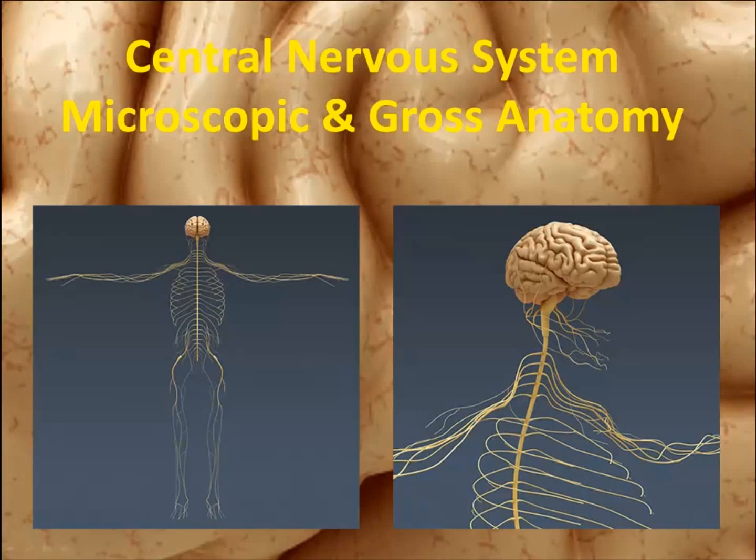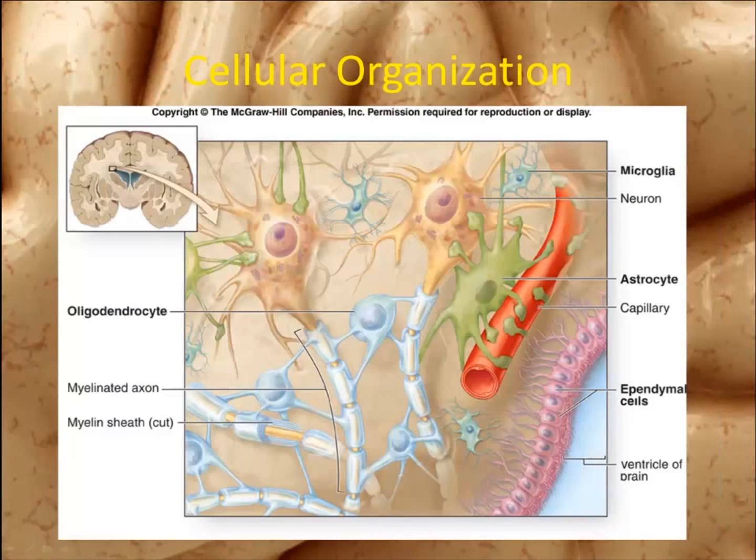This week in lab, I have the pleasure of covering my favorite system, the nervous system. And specifically, we're going to talk about the central nervous system and the microscopic and gross anatomy of the central nervous system. To begin, when we look at the brain in a frontal section here, what we see is some light